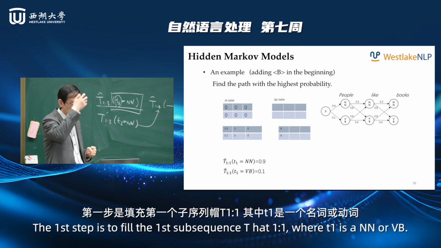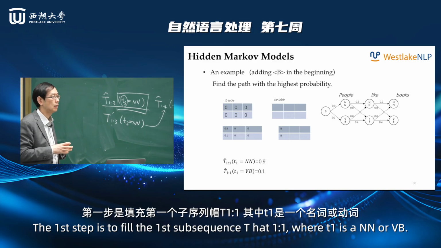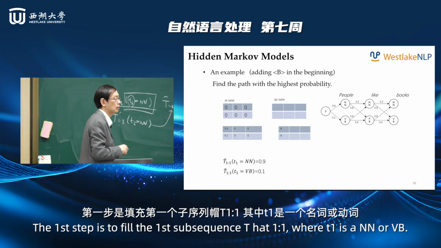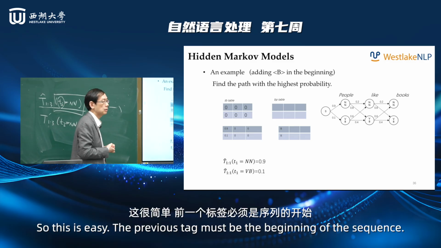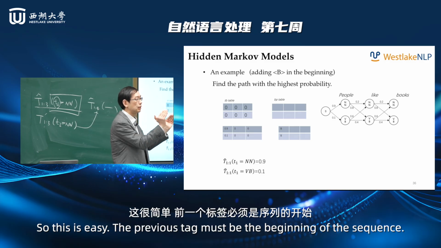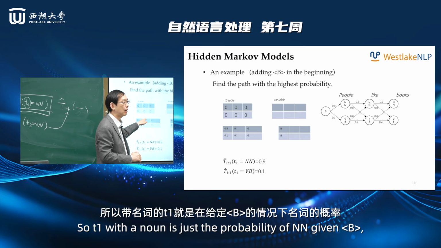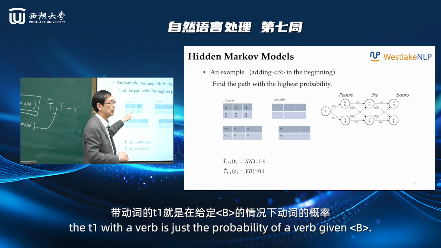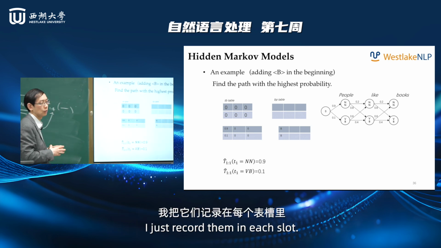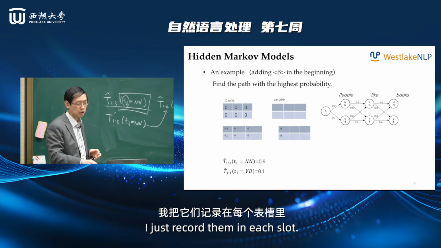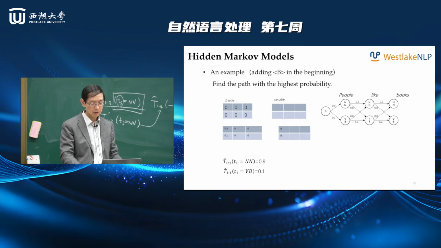The first step is to fill the first subsequence, T hat 1 to 1, where T1 is a noun or verb. So this is easy, right? The previous tag must be the beginning of the sequence. So T1 as a noun is just the probability of noun given B. Now T1 as a verb is just the probability of a verb given B. I just record them in each slot. There's no need for any comparison. But now,